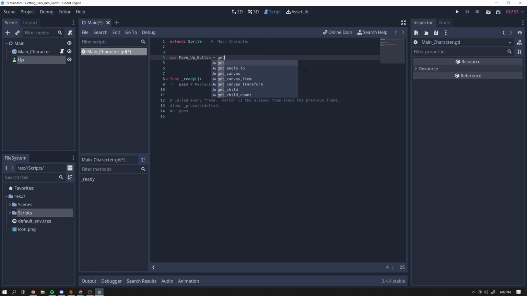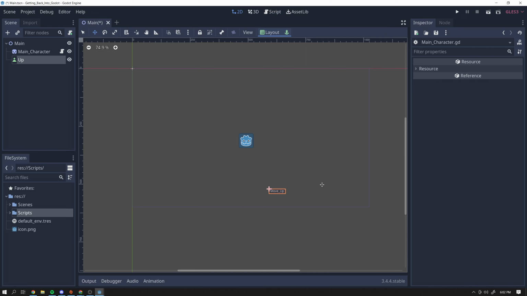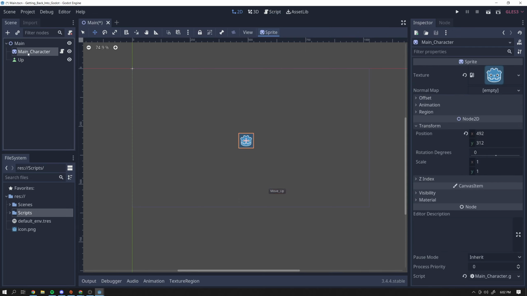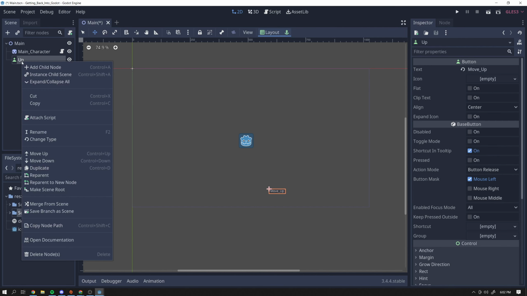get node, and instead of typing anything right here, I'm going to show you a new way to get the path to your node. It's a pretty neat little way to do it. This is one of the updates that we got from 3.5. If you click on this up button here, you can right click and you could say,